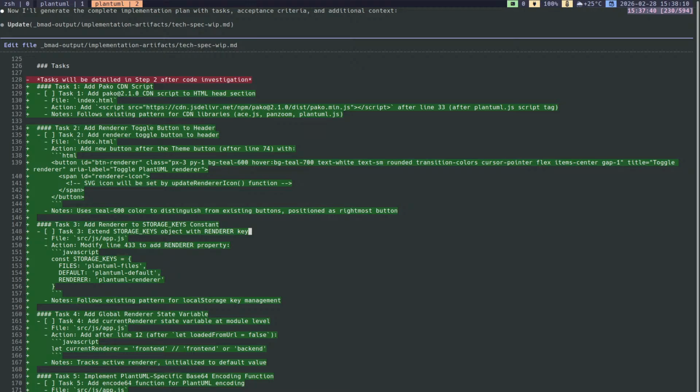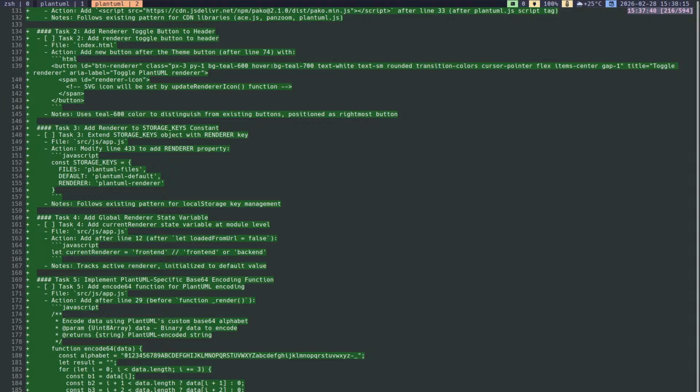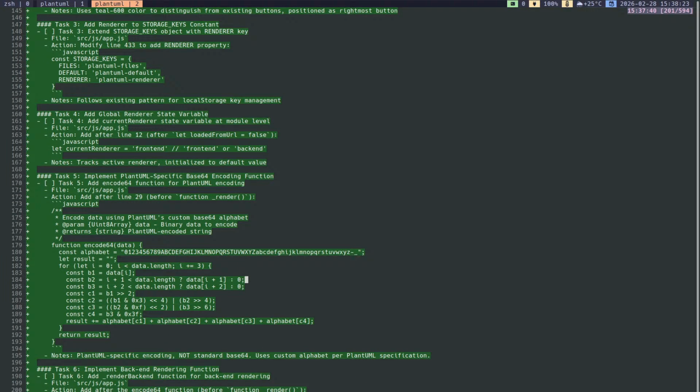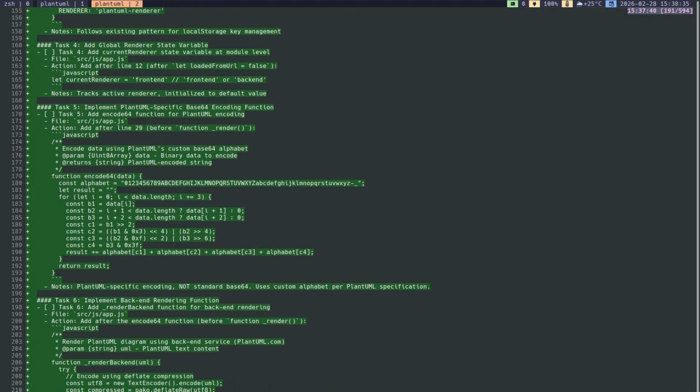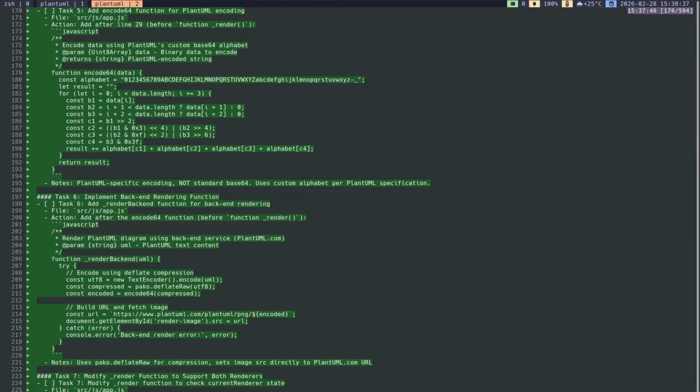Using the storage key for the local storage, I agree. Task 4, global render variable. Oh yeah, this will be a global variable. I agree with this. Yeah, the custom encoder, our custom encoder. And this is the same function from my first prompt. So that's why